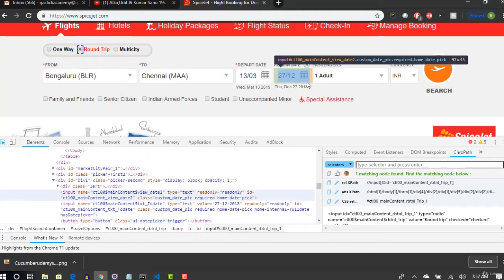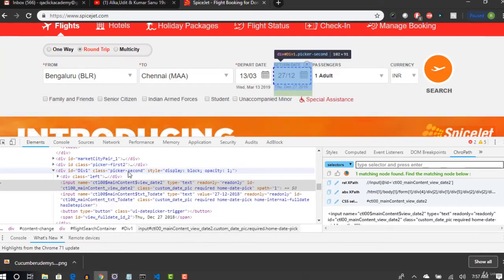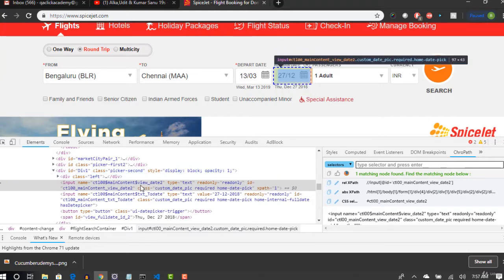So select this whole edit box and you see that this input is getting highlighted, and when you go up, this div ID is the complete div section for that calendar. Okay, so you can either take this or this, it's up to you because both are getting highlighted.